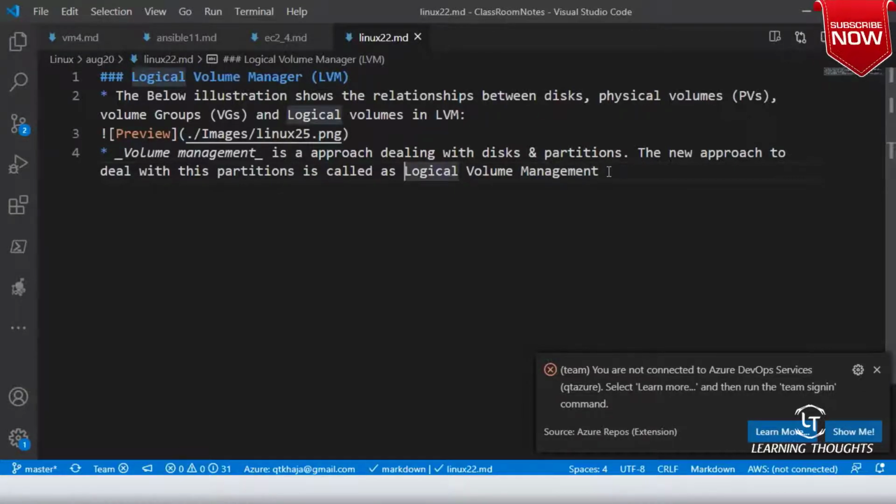So that is what your LVM is, logical volume management, LVM. Did I write it as manager over here? No, it is not a manager, it is management.